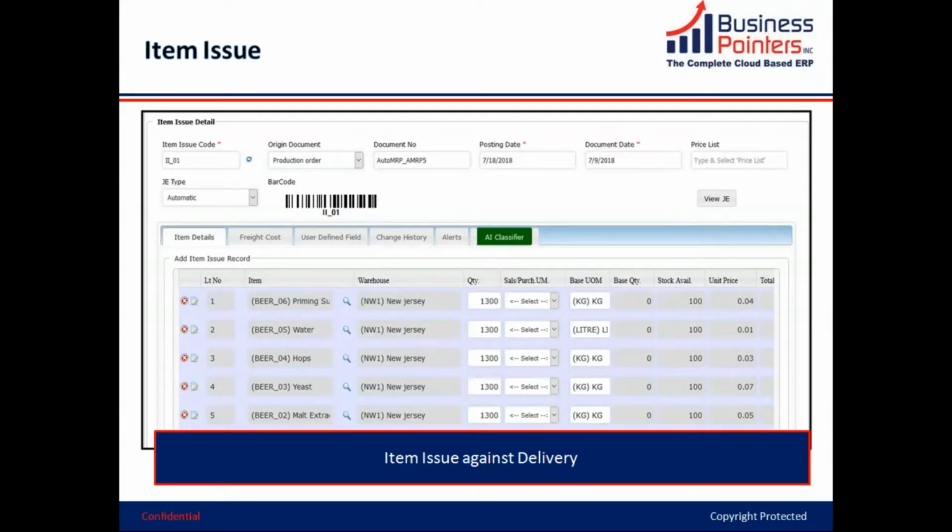Next, you have the item issue detail. So item issue is a document which helps you to issue the quantity out of your